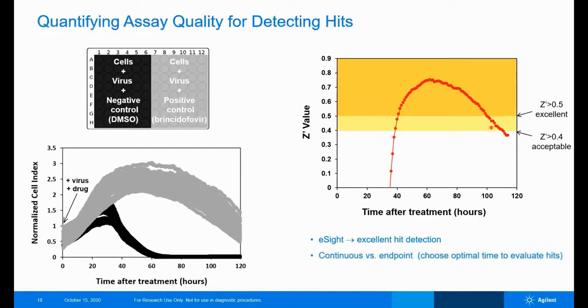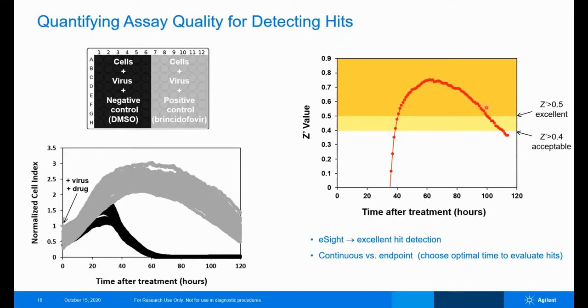This ability to analyze Z prime as a function of time is extremely powerful. You could calculate Z prime using an endpoint assay, for example, at 100 hours, and you would be able to tell that you're getting an excellent score and therefore it's a good tool. But what you wouldn't know from an endpoint assay is that by going to 60 hours, the tool becomes even more excellent. Its power or capacity for determining what is or is not a hit is even better at 60 hours than it is at 100. And so having this real-time data allows you to make those distinctions.